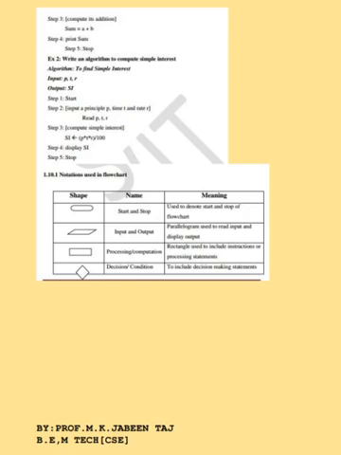Now let us see flowcharts. A flowchart is a pictorial or graphical representation of an algorithm or a program. It consists of a sequence of instructions that are carried out in an algorithm. The shapes represent operations. Arrows represent the sequence in which these operations are carried out. It is mainly used to help the programmer to understand the logic of the program.